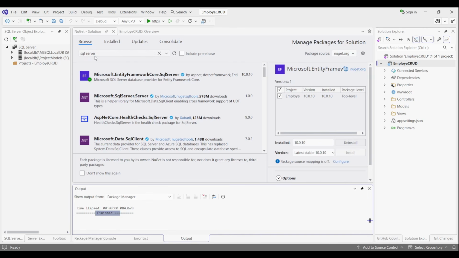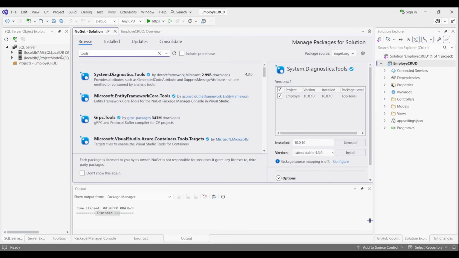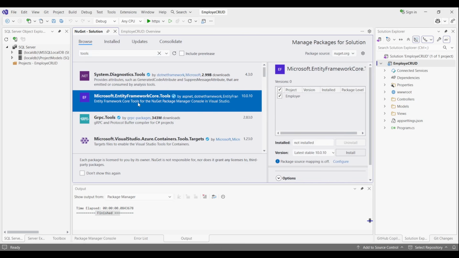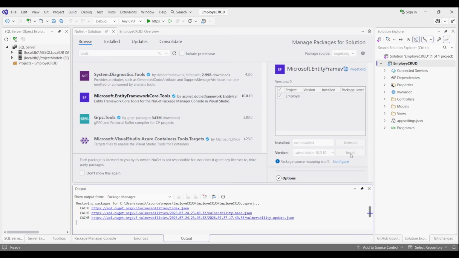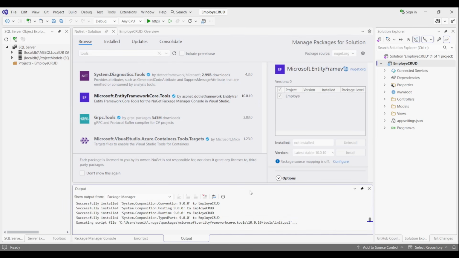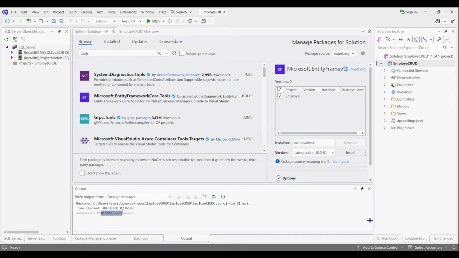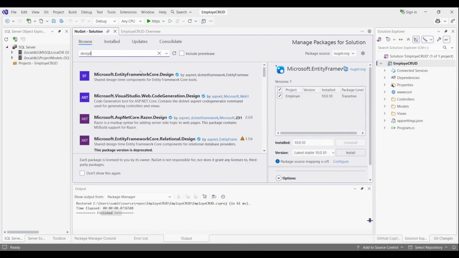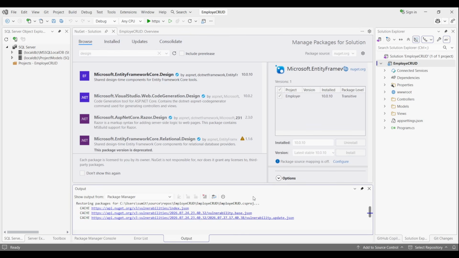The second package which we'll need is our tools. So I will just search for the tools now and I will click on the tools, install, apply, I accept. Okay, so we are done with the second. Now we need the third, design. This package will design our UI automatically for the CRUD operation. So I will install, apply, I accept,